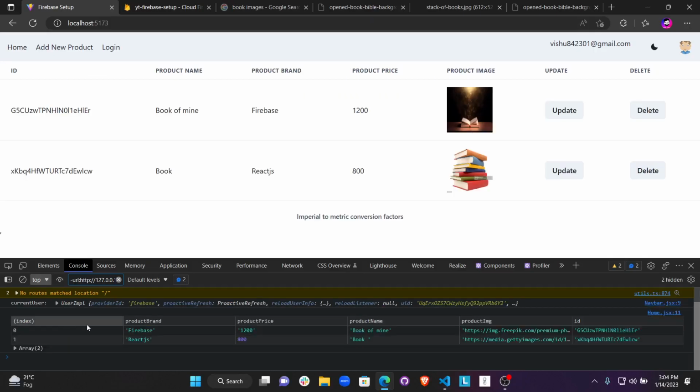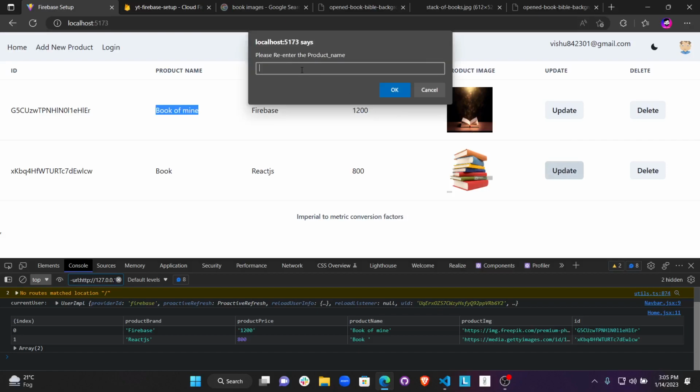Again, if I want to show you, you can see here it is updated as well. And here inside our console you can see the products and product names. I have consoled it in table form, so you can see it like that, okay. And over here, if I want to update this right now, and if I am going to book